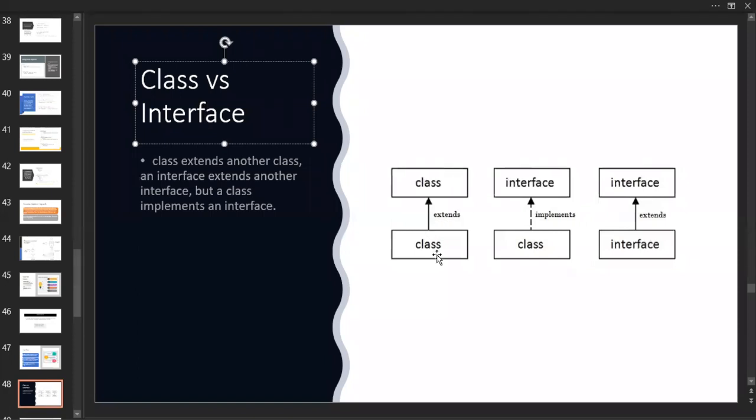And between classes, it's extends, the common thing. You remember this one: these both are the same and these both are the same. When they get interchanged, like this becomes an interface and this is a class, then we should use implements. Very, very important, this one. Remember this one also.